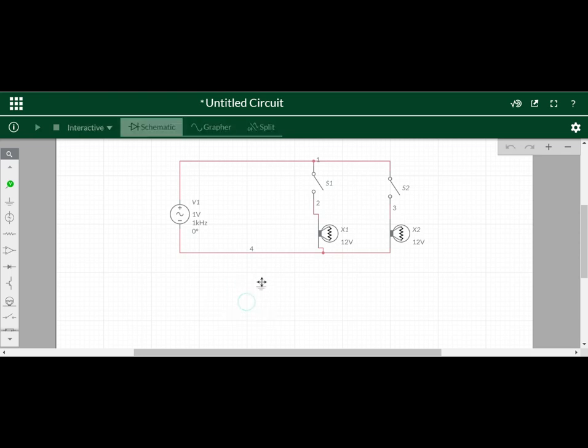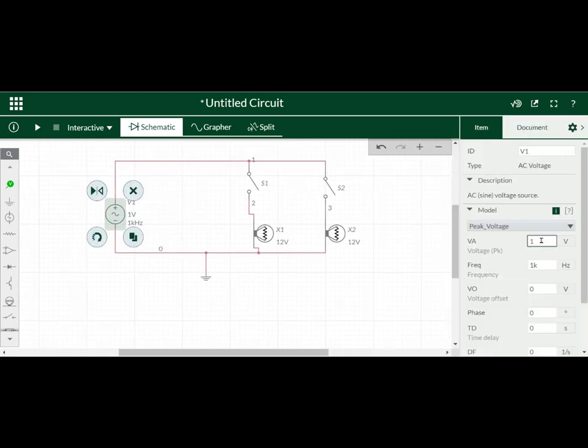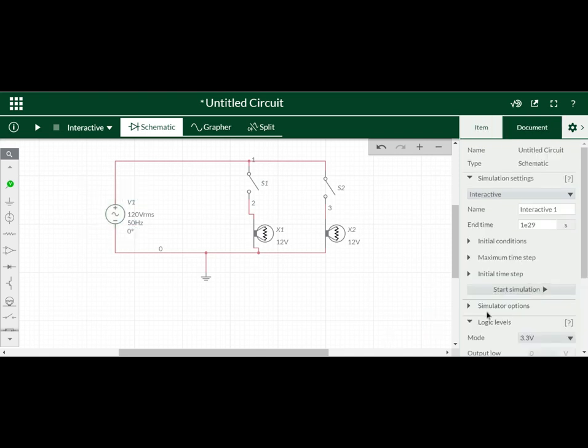Then either I can attach the ground point to the circuit, or I can connect with the help of a wire. So like this I have completed the circuit diagram. Now I'm clicking the voltage source. There we have to select the peak value, but if you select RMS, what happens, we will check now. So I'm selecting the RMS value. I'm giving it as 230 volts, and the frequency as 50 hertz.